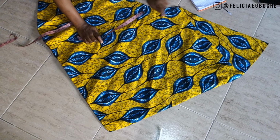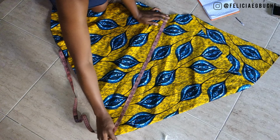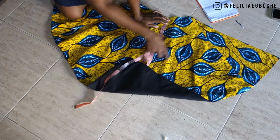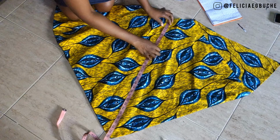I had to add some more to the sides to give me the shape. So what I have in length is 30. I've already turned it, by the way, with lining. I've turned it on the end and on the sides. I turned it with lining, and I have 30 inches downwards on the longer end, and on the shorter end